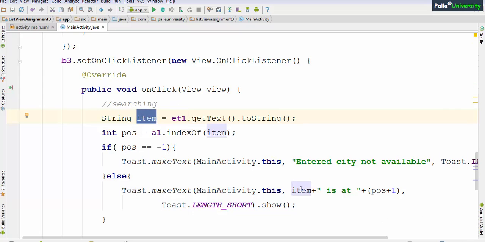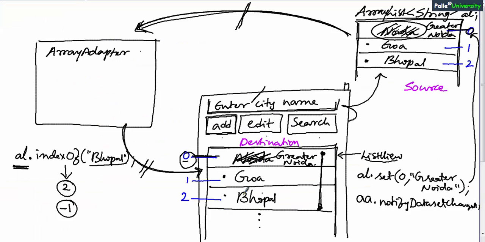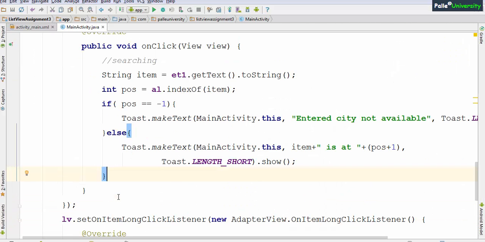So when you are printing item, it won't really print item. In place of item, it will print Bhopal is at position plus 1. So what is the position of Bhopal? 2. 2 plus 1, 3. So for user, it is 1, 2, 3. I hope you understood searching functionality.